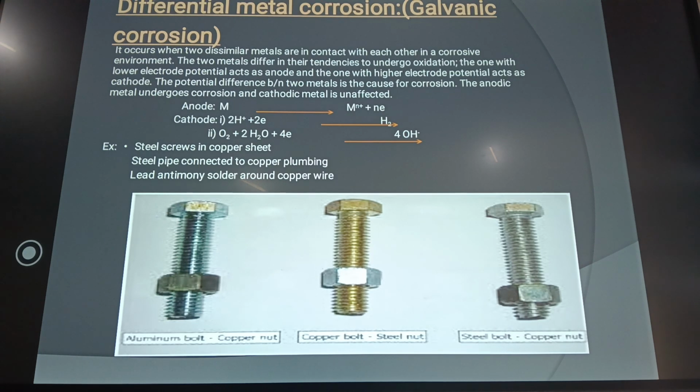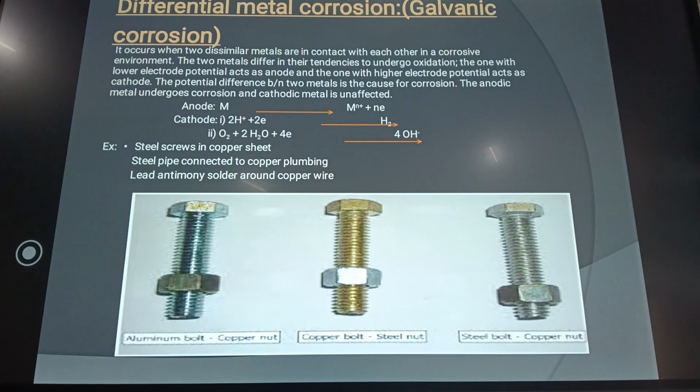You can also say that the metal which has the tendency to undergo oxidation, having a lower electrode potential value, is considered the anode, and the metal surface which has a higher electrode potential is considered the cathode. Whenever a combination of two surfaces is created in the surrounding environment, it undergoes an electrochemical reaction and causes corrosion. The anode metal first undergoes the oxidation reaction, which is the starting point of corrosion.